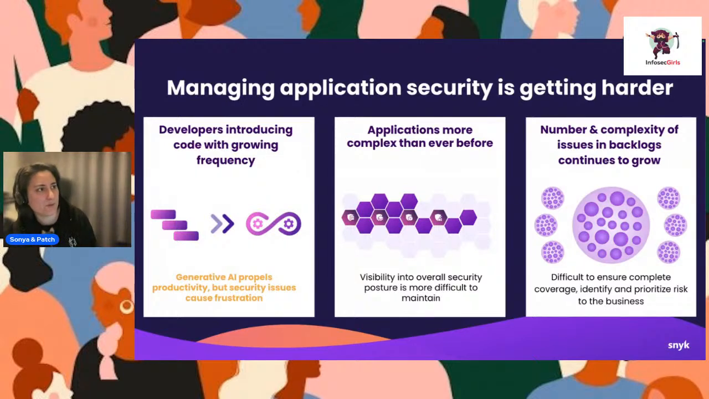The third one is that the number and complexity of issues in backlogs continues to grow, making it more difficult to ensure that you have complete coverage, that you identify and prioritize risk to the business, because you might have a huge backlog of vulnerabilities. Which one should you tackle first, and how do you have that discussion with the developers? So those are the three challenges that we have